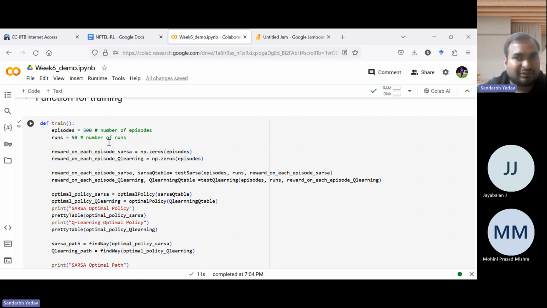You know, like the central limit theorem, if there are stochastic processes, then you can average over multiple times so that you can get some conclusion. Otherwise, you don't know how these episodes are getting generated. There is a lot of stochasticity here. So in order to average that out, we are doing multiple runs of this SARSA. You can think of it as running the SARSA algorithm 50 times and taking the average over that. Okay, I hope you got this.